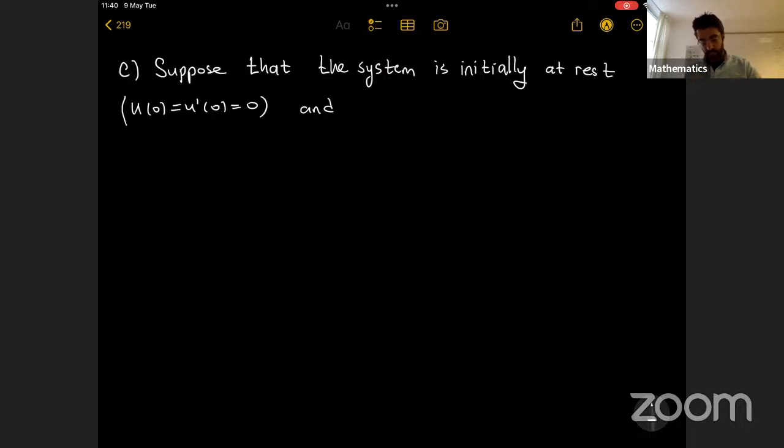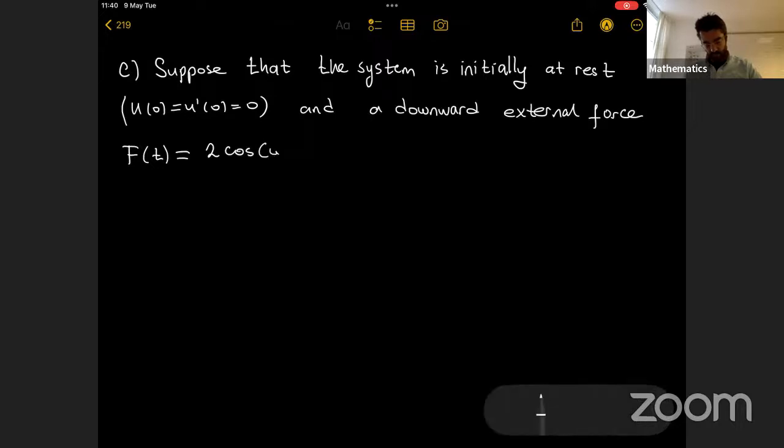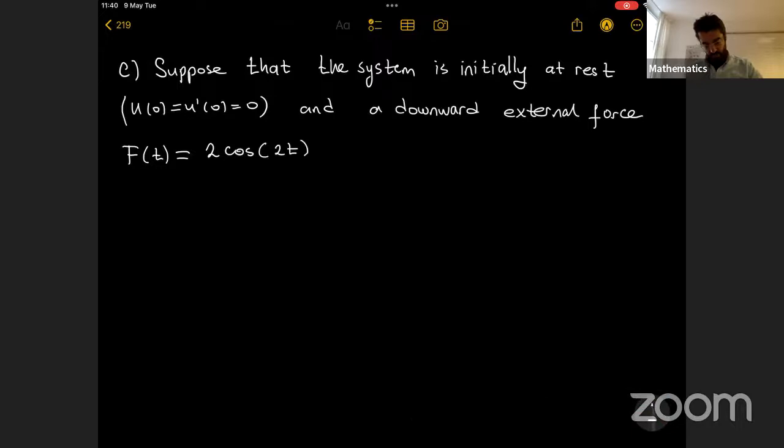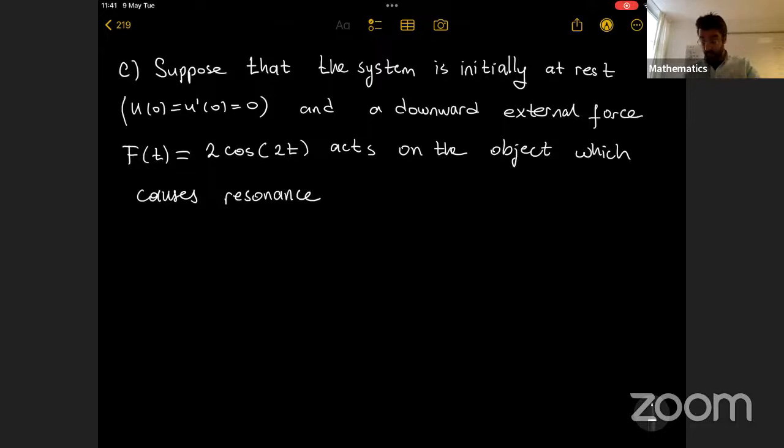And a downward external force F(t), which is 2 times cosine 2t here, acts on the object, which causes resonance. Find